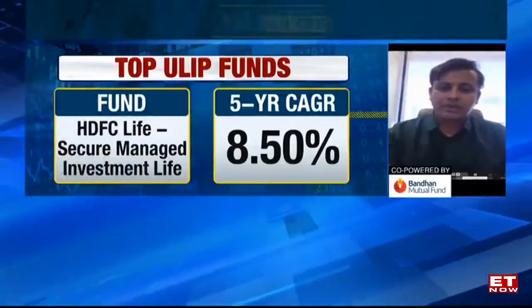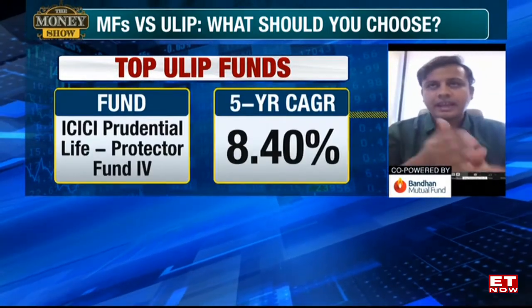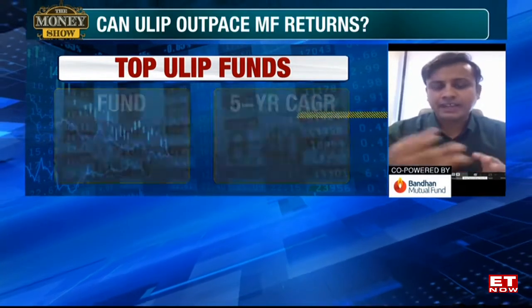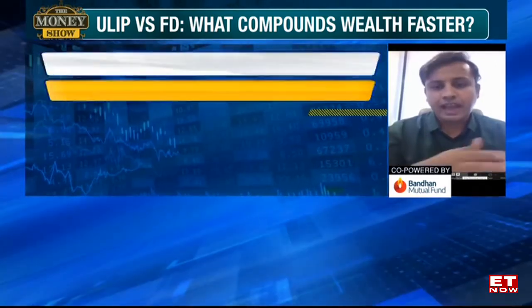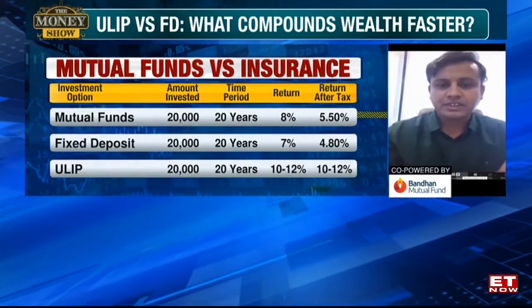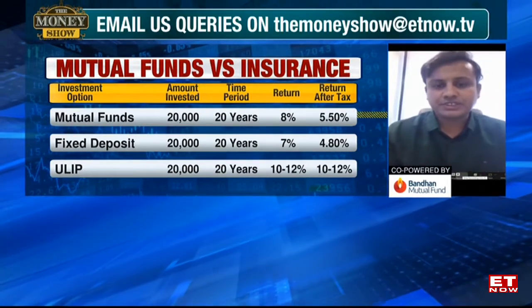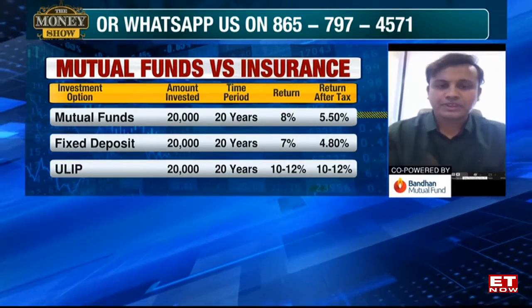Yeah, see, the biggest benefit is that there is no exit charge when you move from equity to debt or debt to equity in a ULIP fund. When you invest in a ULIP, there are 8 to 10 funds in that, and these are of different categories. There are equity funds, debt funds, and balanced funds. You can switch between the three basis your risk appetite or basis the performance of these funds, and you can keep switching. There is no exit or entry charge in these funds. Whereas if you do that in a mutual fund multiple times in a year, you might end up paying charges as high as 1% of the returns that you garner.